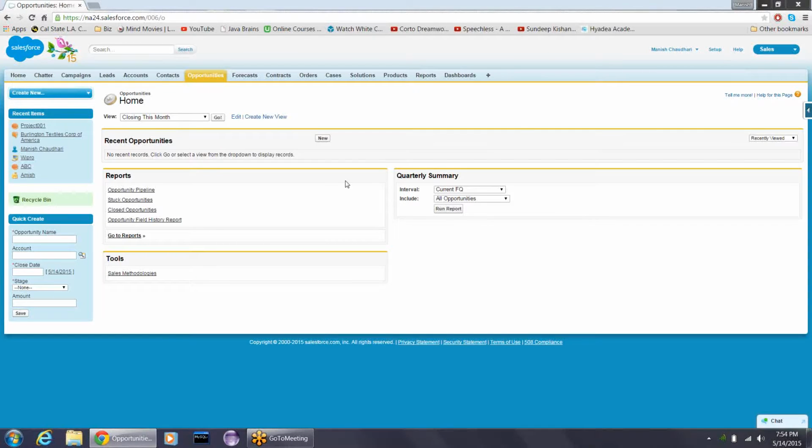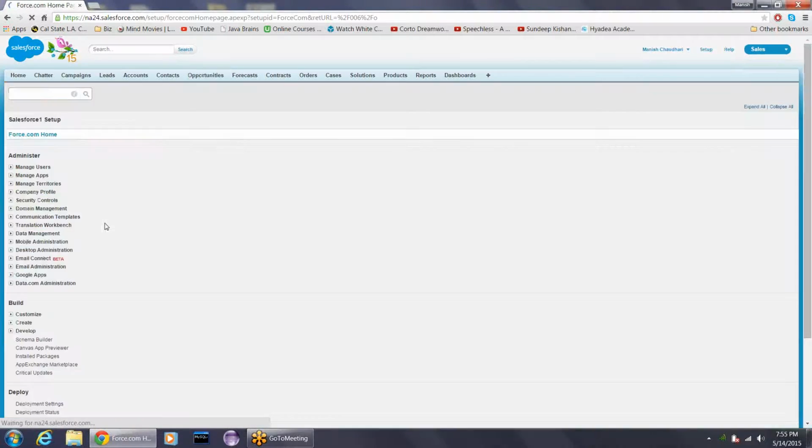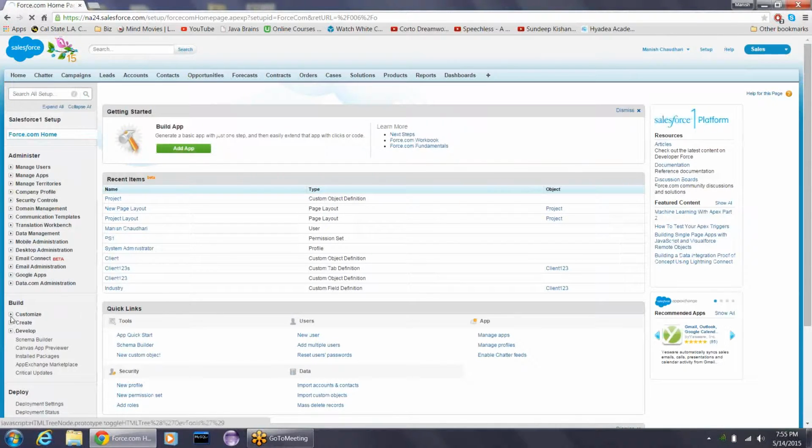So how will we create a field on opportunity? It's pretty simple. Go to setup, customize. It's just about creating a field, right? The way we create a field on a custom object, same way.